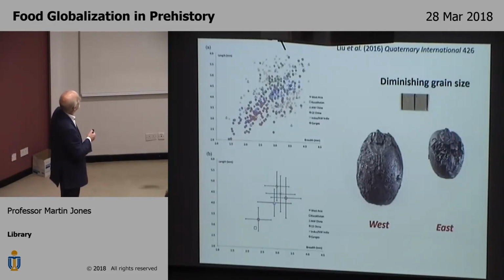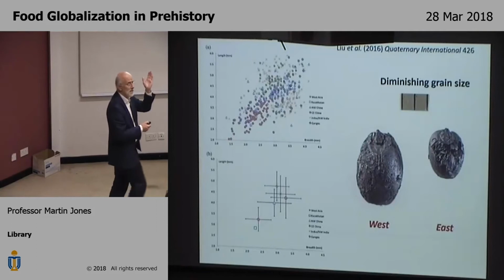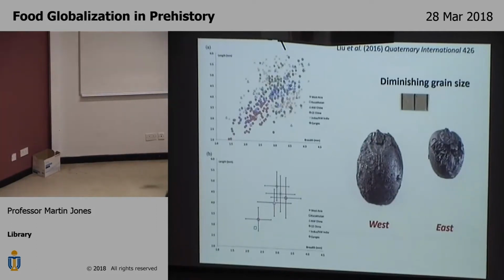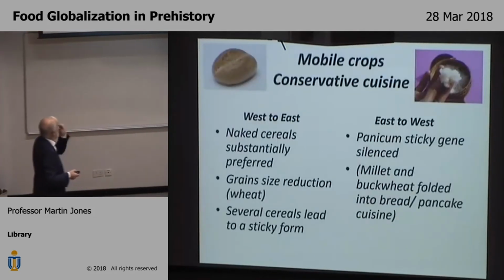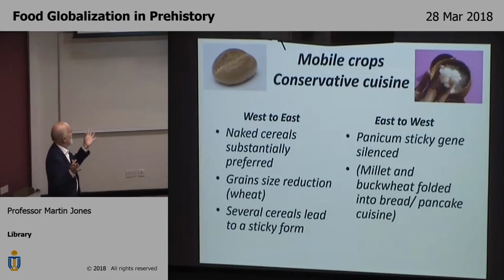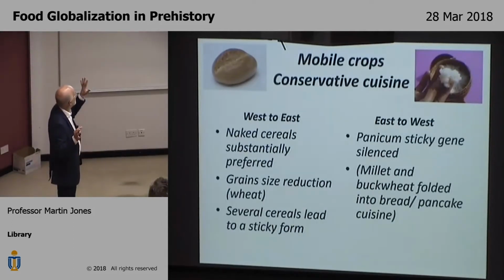And here's a series of different geographical regions. It's easier to see on this. These are the same data, just compressed into means and standard errors. But if you go from West Asia, you have these big grains in West Asia, and they get smaller in Central Asia until you get to the central plains of China, when they're half the size or less. So this is just from conventional visual microscopy. In the same way as the stickiness is selected out one way, the grain size is selected out the other way. So again, what we can see from the genetic evidence and the fossil evidence is that there is this movement early on, but the culinary traditions are